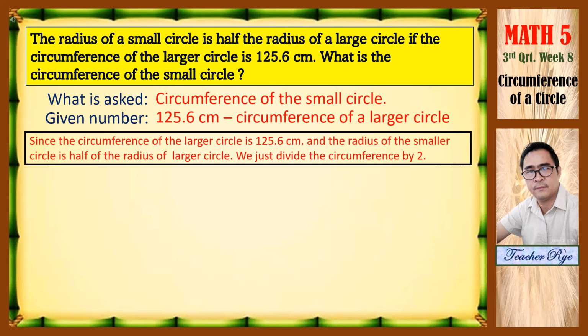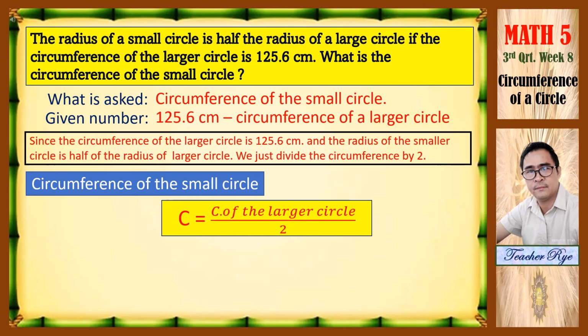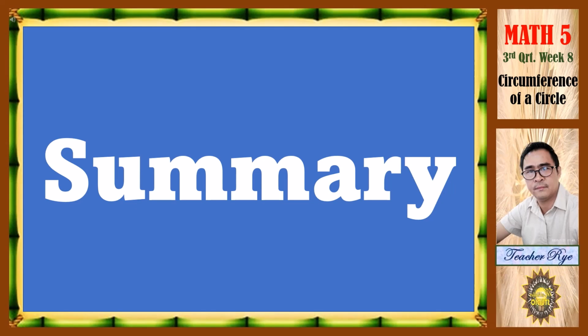Okay? So, the circumference of the small circle is equal to the circumference of the larger circle divided by 2. And 125.6 cm divided by 2 is equal to 62.8 cm. O diba, pareho lang sila dun sa unang ginawa natin kanina. Okay? So, naintindihan? Okay, so bago tayo magtapos sa aralin na to, balikan natin yung summary, yung mga formula na